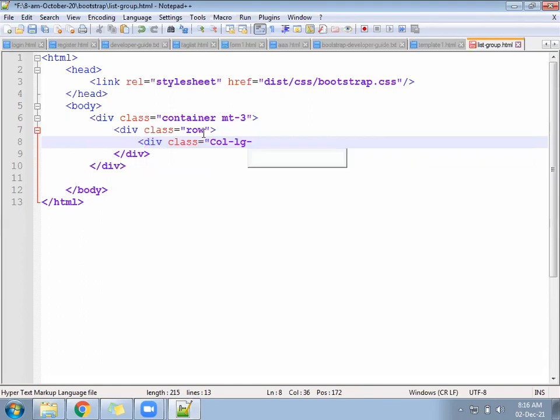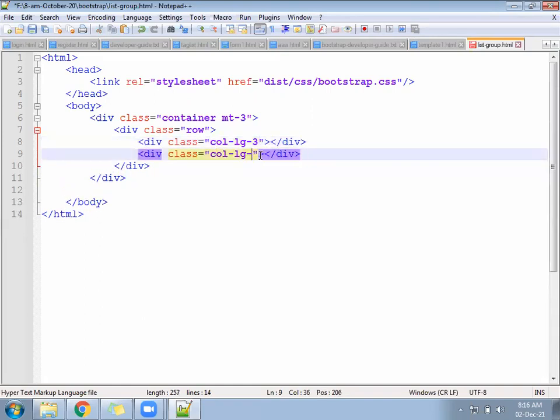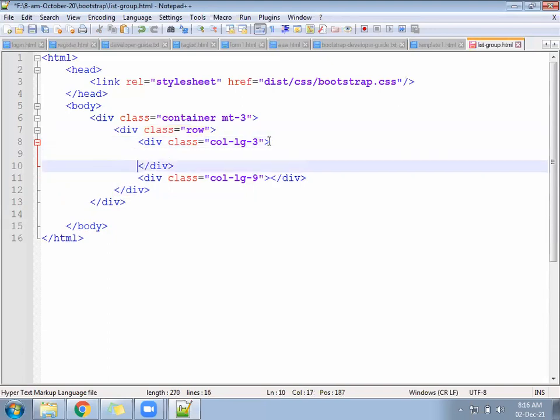You can write col-lg-3 and col-lg-9. We'll go for the 3 first.